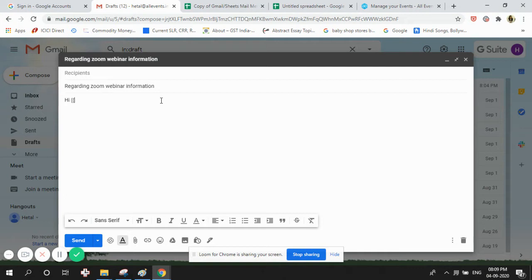For personalizing, we have to make sure that we put column headings between two curly brackets. I have put name between two curly brackets. Let's see how we can do this with other columns. We can do this with as many columns as we want.